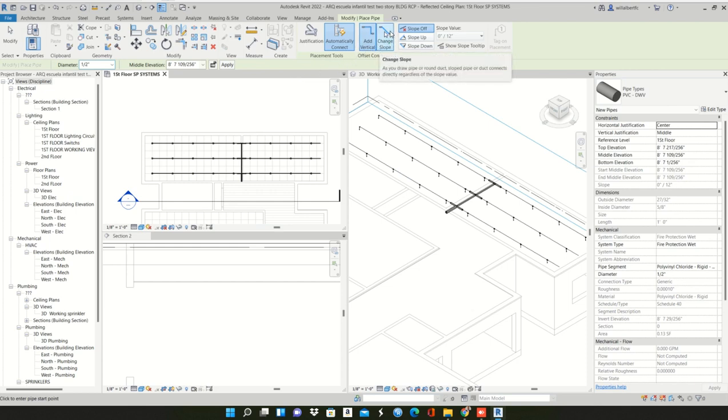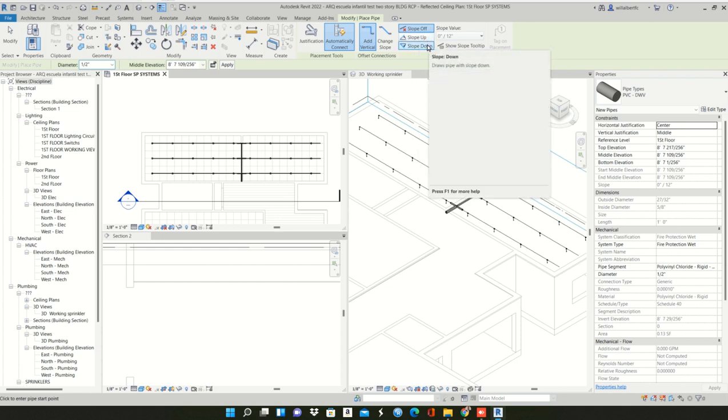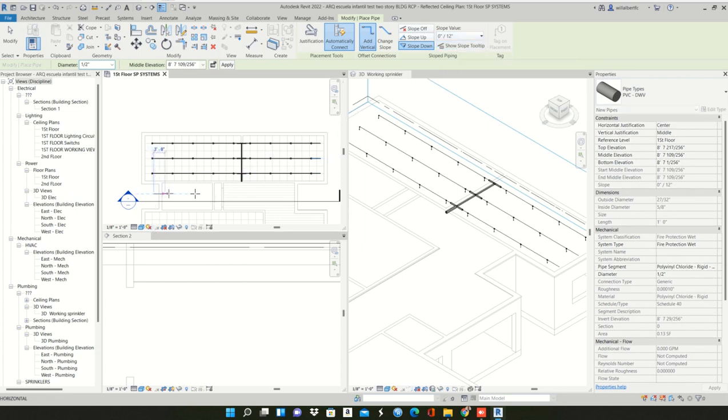Here I can define the slope that I'm going to have. This slope can be up or can be down. Let's suppose that the main pipe is here, and I'm going to put the slope going down to this part of the building. So I select that it is going down, and I select the value here. So when I draw my pipe, the initial distance and the final distance are going to be both